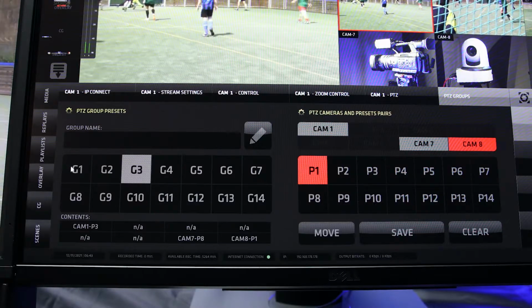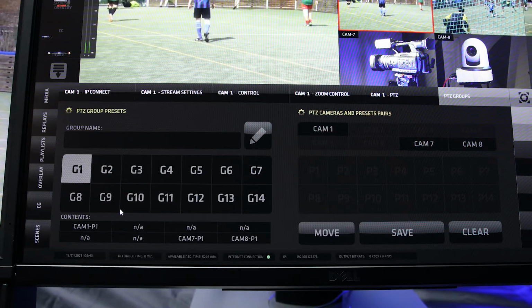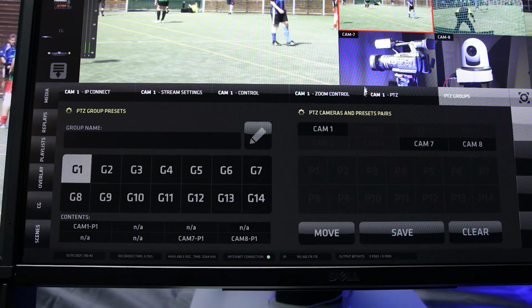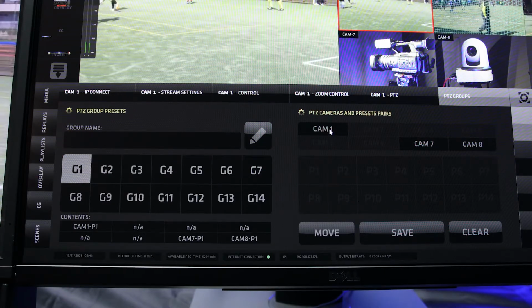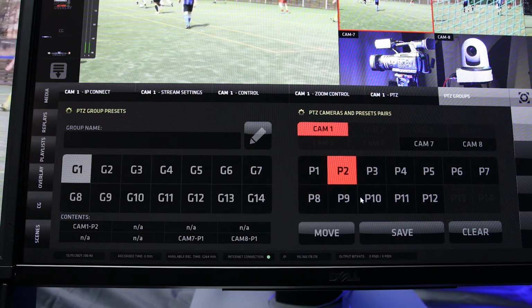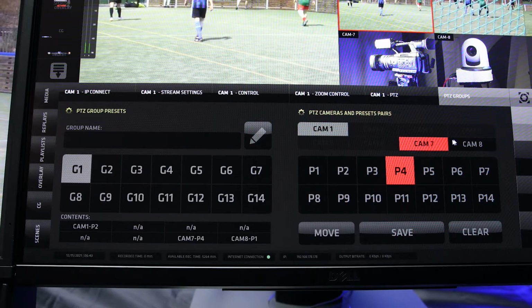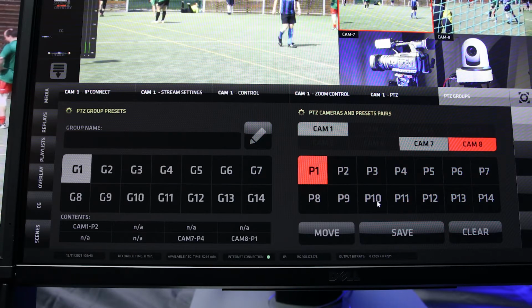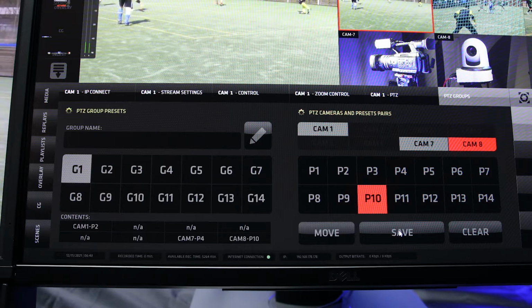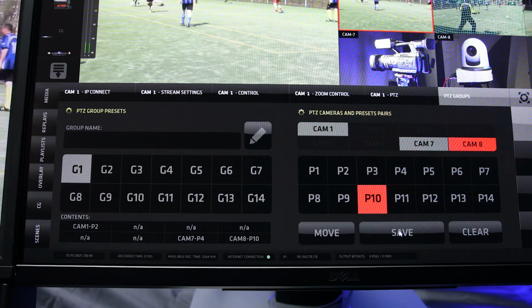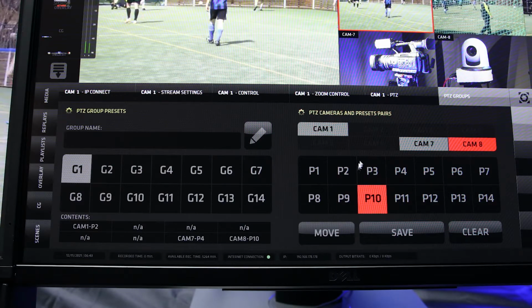To create a group preset, press G1 in the Group Presets grid. It highlights in light gray. In the right section of the pane, click on the camera and then on the preset to create a camera and preset pair. Create the next camera and preset pair as before. When all camera and preset pairs are done, press the large Save button at the bottom right to store the